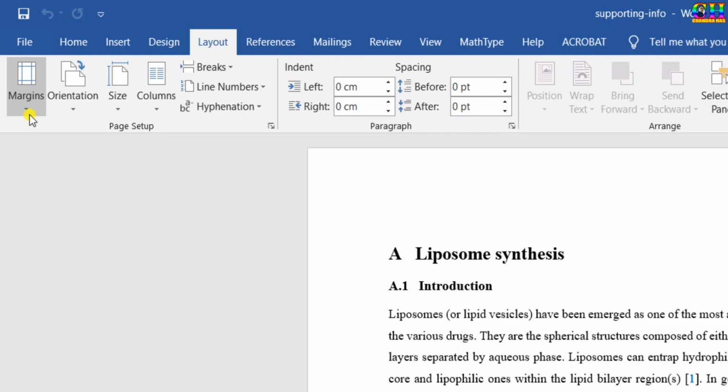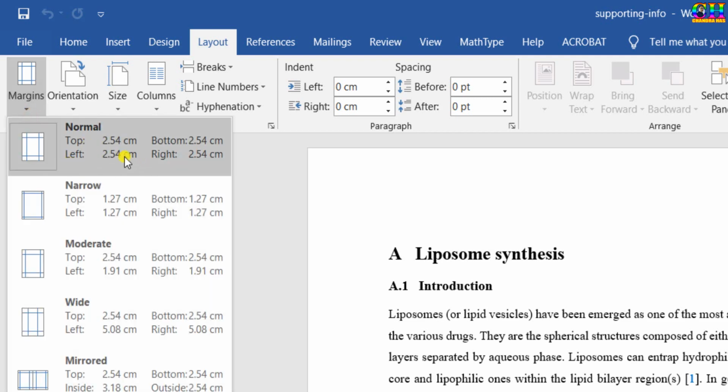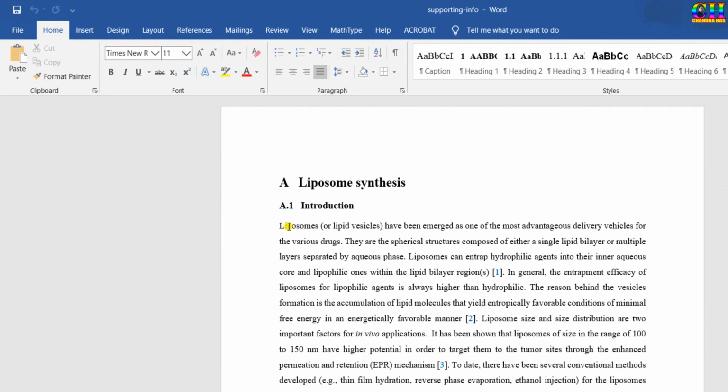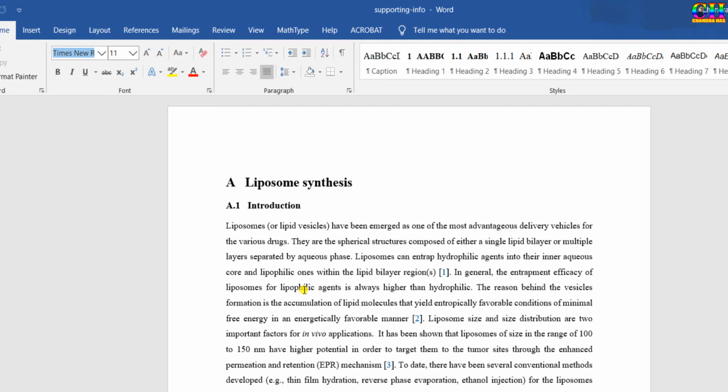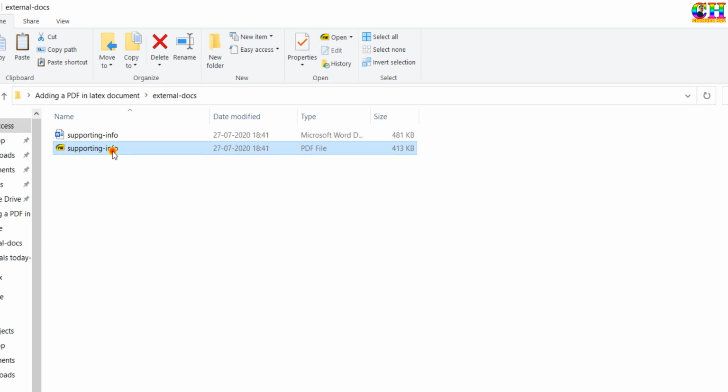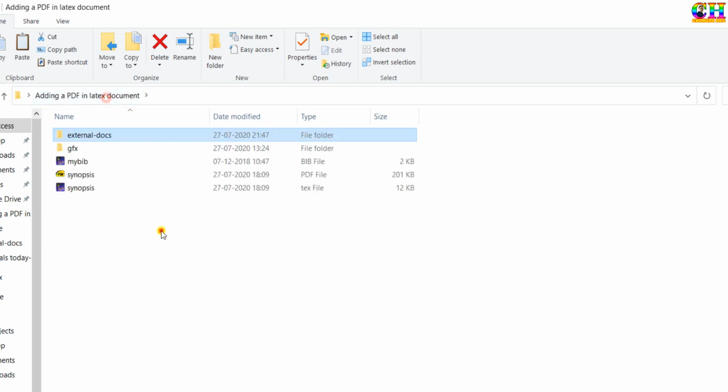You can just check what margins you are using in your LaTeX document, and keep the same margins in your Word format. Then font size and line spacing. I have used the same font size as in the LaTeX document, and line spacing is 1.5. In the LaTeX document I have used the Times font, and this is a similar font, not exact but similar, Times New Roman. Last but not least, you should not use page numbering in your Word format. You may have to change this in your LaTeX document. I'll copy this file and put it in the same working folder.